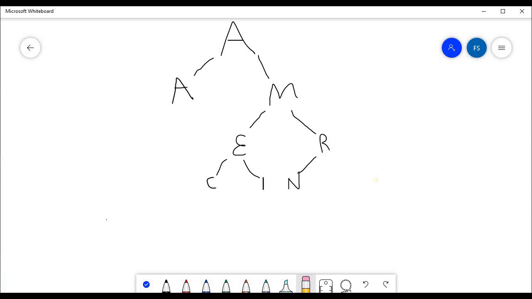So now let's say we want to delete a node from here, right? What we're going to do is delete E. Let's delete M. So the way that the deletion works is that, let's see. Okay, so the way the deletion works is that if we delete a node, right? Let's say that one. What we do is,